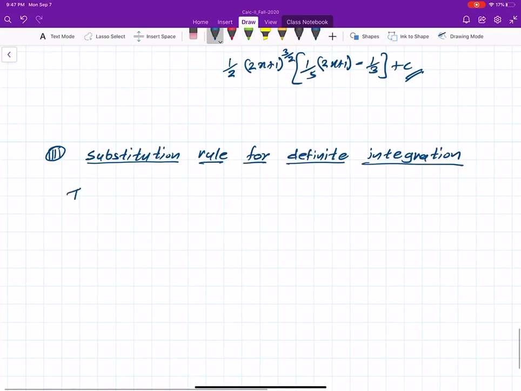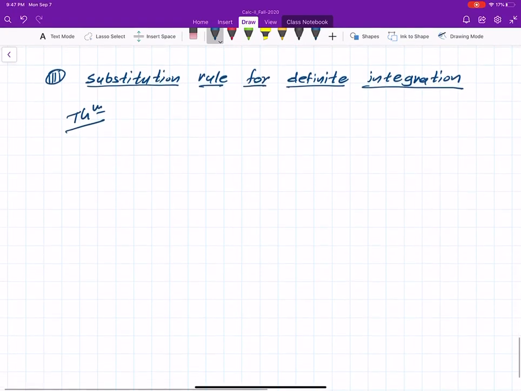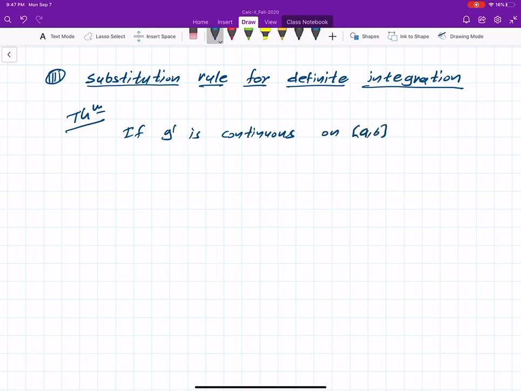First of all, I will give you the theorem corresponding to this part. The theorem is somewhat similar to the previous theorem. First, I write the theorem. If g prime is continuous on the interval a comma b